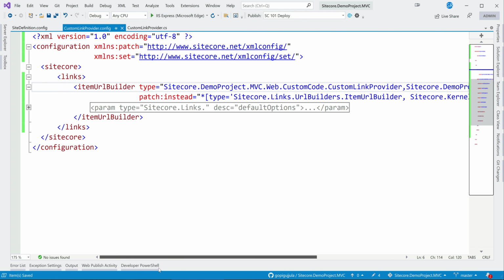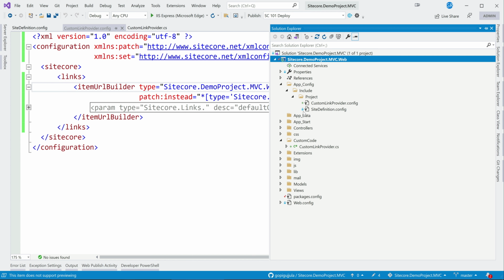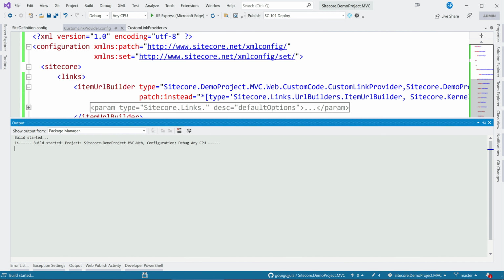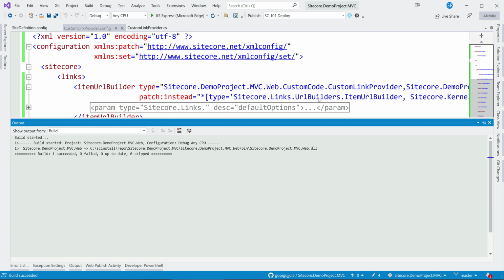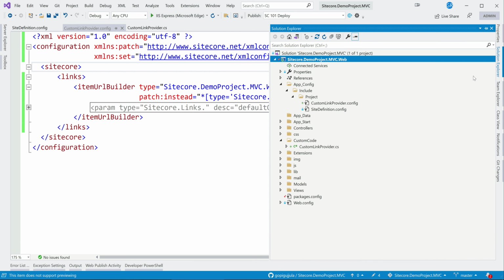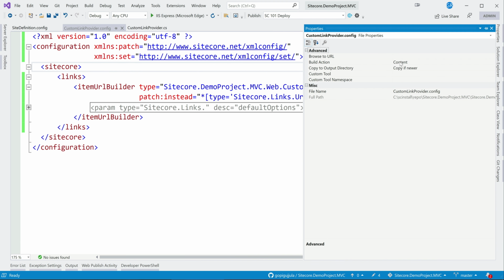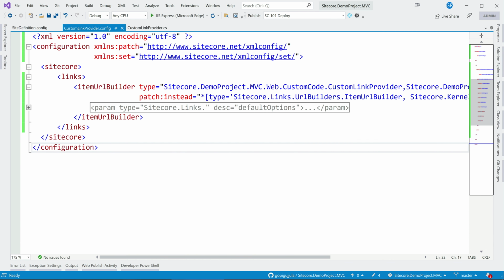Now we have configured all this. Now we can just push it, and let's build this. Also make sure this configuration is going. So copy if newer content, yeah, it's fine.